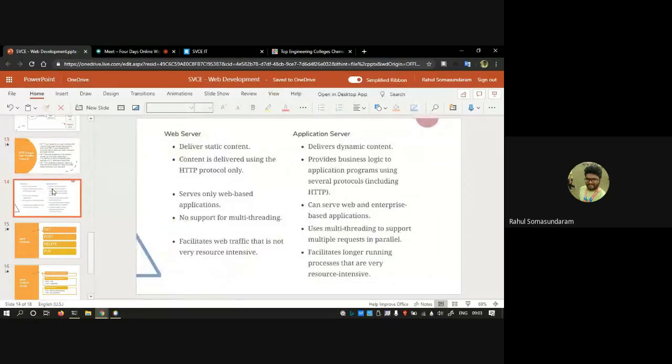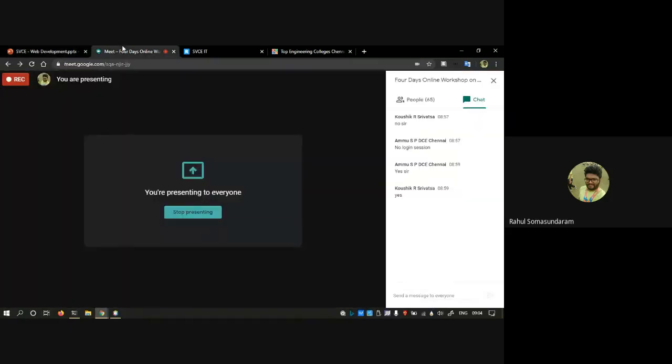Whenever user interaction is there, like I can edit, view, change, mute, everything, that is called dynamic web content. It changes based on the user actions. You guys are clear with this, right? First of all, what is a static web server and what is a dynamic web server? You guys are clear with this, right?